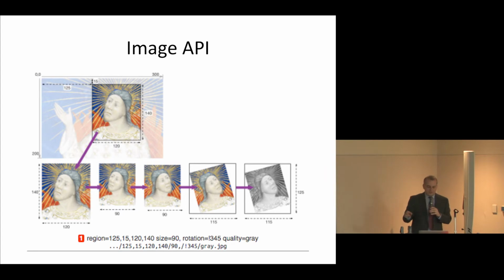Sheila showed this slide earlier with the image API, and it gives you an example of how the image API allows a software client to request an image or a region of an image. In the example shown here, a request is made for a specific region of interest, in other words, the face, and then the rest of the URL defines how that image should be scaled, flipped, rotated, and changed to grayscale. And then finally, the .jpg extension indicates that that image should be returned by the server to the software client as a JPEG.